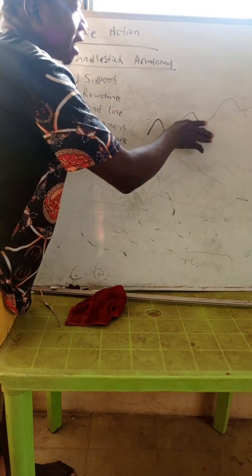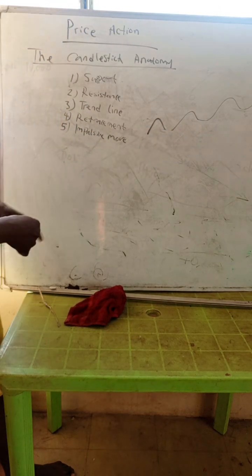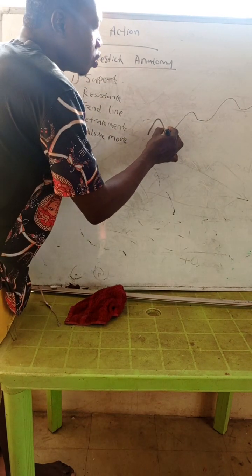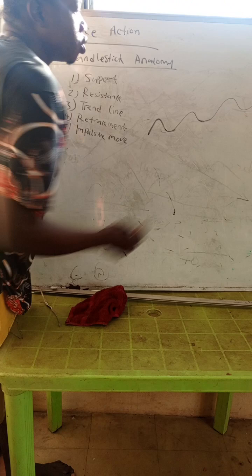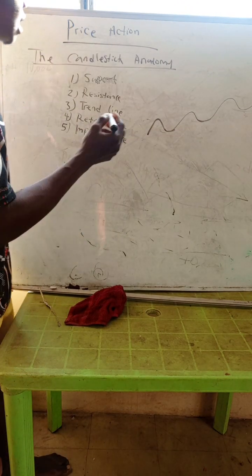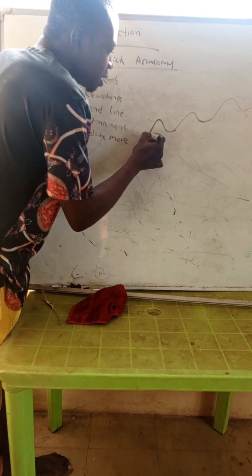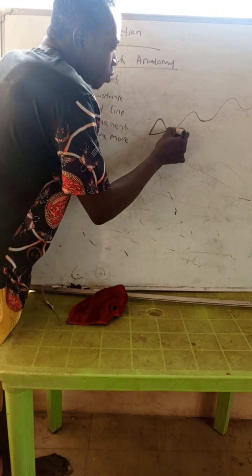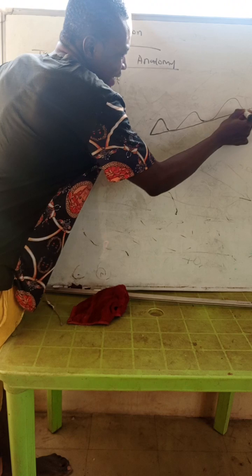So these are supports. Trend lines are used to connect these supports, right? People draw trend lines so that they can know the direction of the market. They can know that this thing is an uptrend, and they can also use it to make decisions too. We're going to come to that very shortly. So look at what the trend line does. You can use the trend line to connect these lows. So you see my line, boom.